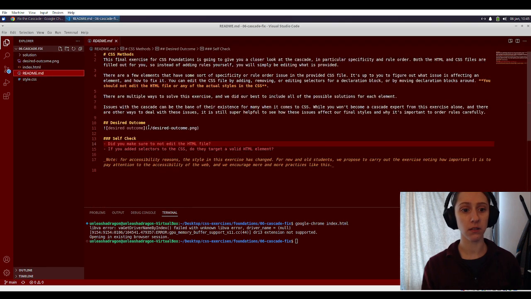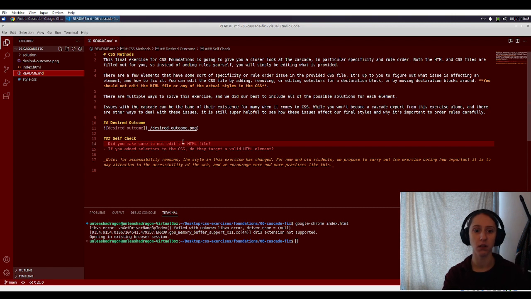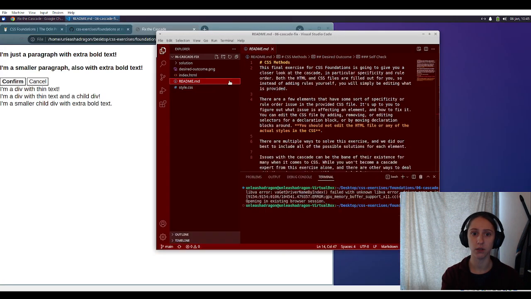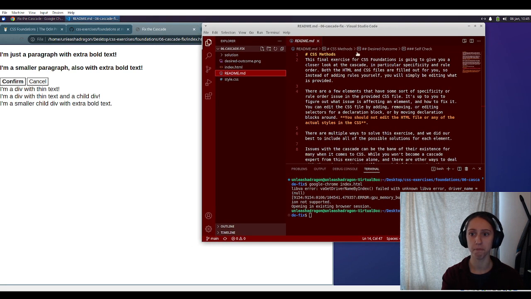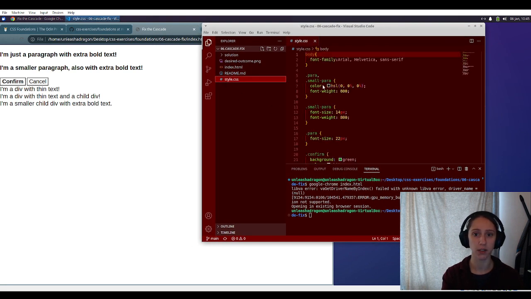Did I have things to fix? Did I have specific things to fix? Okay. We're not supposed to edit the HTML file at all. And then if we add, do they still target valid HTML elements? So I'm going to make this smaller so I can look at both at the same time. Go into our style sheet and then